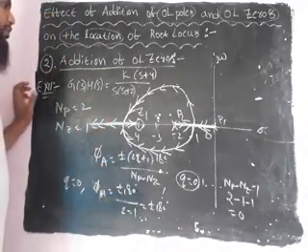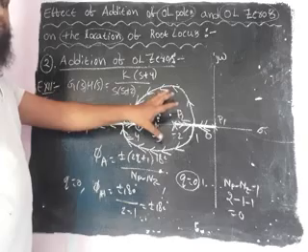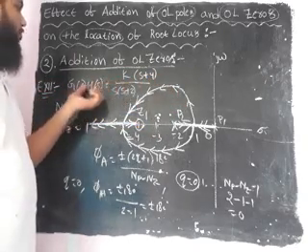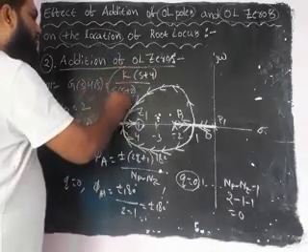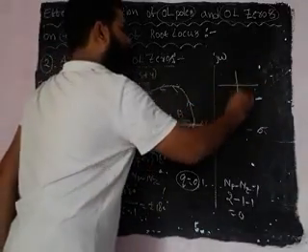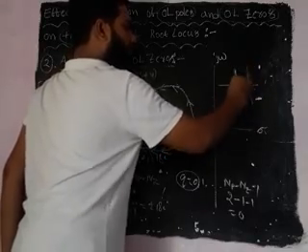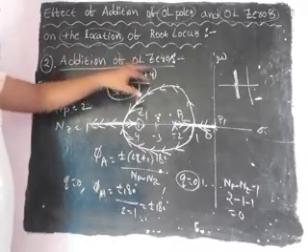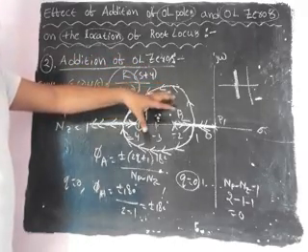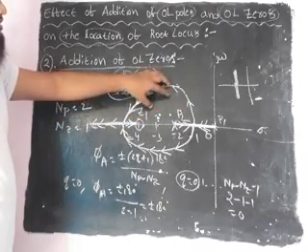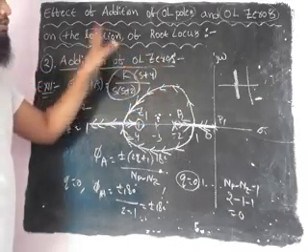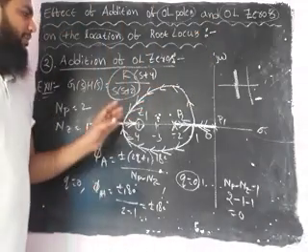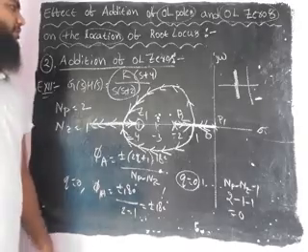This is the root locus location. Observe that it is in the left half of the s plane only. Before, for the open loop transfer function k by s into s plus 2, we had the root locus in the left half only. But if you add the zero, what happened? There is no effect on your stability. The root locus branches stay in the left half of the s plane; they do not move to the imaginary axis and the right half. That means there is no effect on the stability of the system when we add a zero.